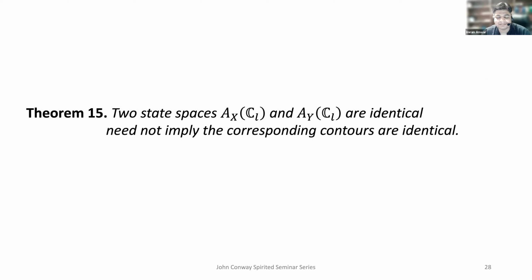By identical, you mean they are exactly the same? Yes, the space. Some isomorphism? Yes, identical here means there is an exact one-to-one correspondence; they occupy exactly the same values. But the contours need not be identical. The contours can have different shapes, but they may be touching the same points in the space. The contour might come from some other location and come back to that. Thank you. Good point: the spaces being identical doesn't mean the contours are identical.